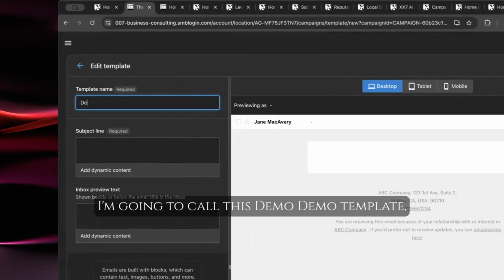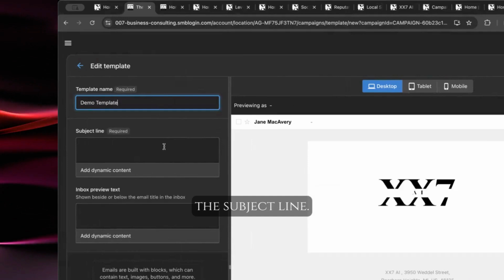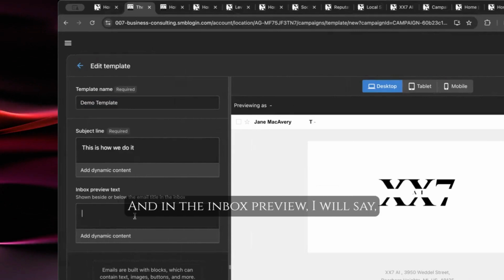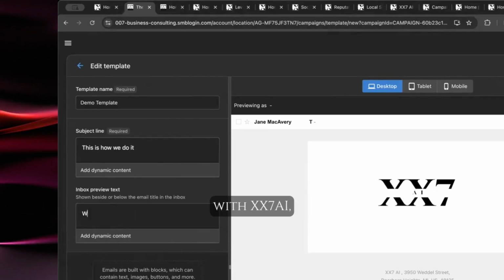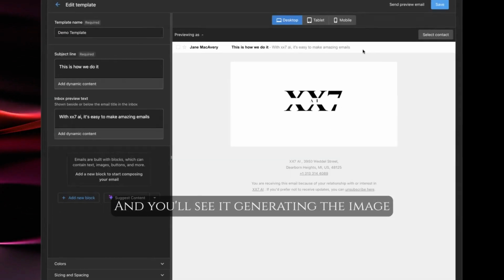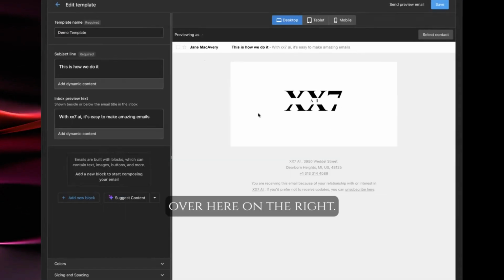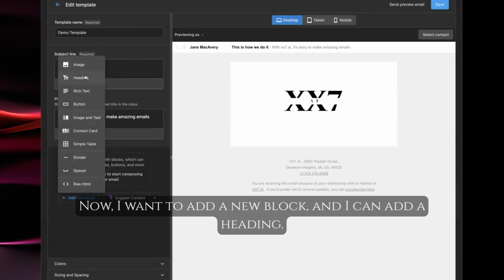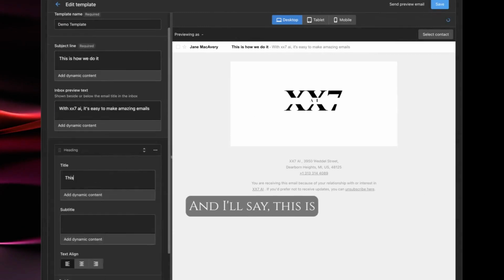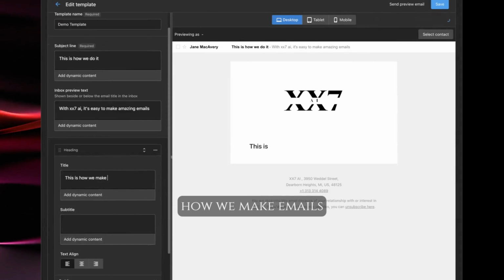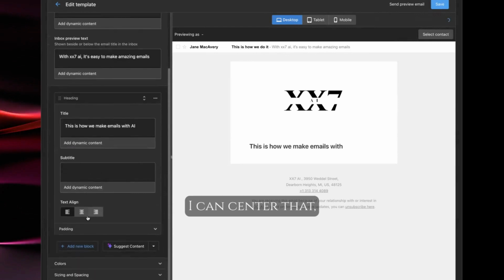I'm gonna call this demo template. The subject line, this is how we do it. And in the inbox preview, I will say with XX7AI, it's easy to make amazing emails. And you'll see it generating the image over here on the right. Now I want to add a new block and I can add a heading, and I'll say, this is how we make emails with AI. I can center that,